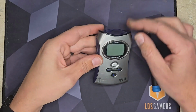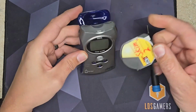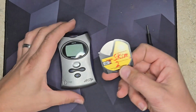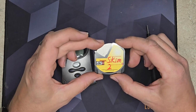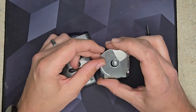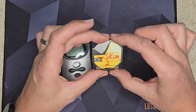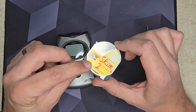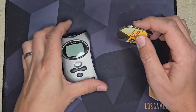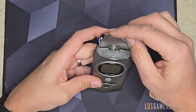It doesn't do anything. But it's got these cool little discs. And the person who did this loved skim milk because they got fat milk and skim milk, but I don't know. I've never actually listened to anything on here, so I don't even know what kind of music it is, but they are a whole 40 megabytes. You know, I'm sure that's like 10 songs. So they just clip in here